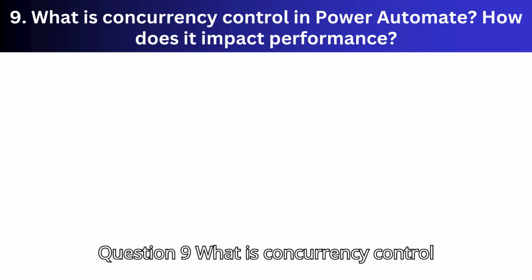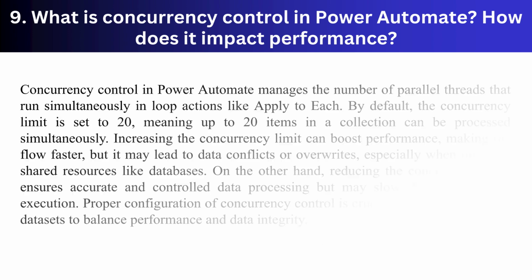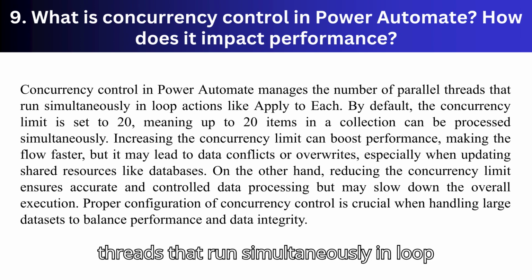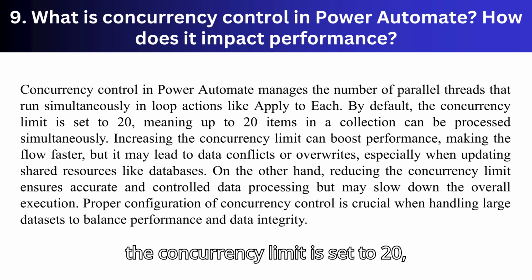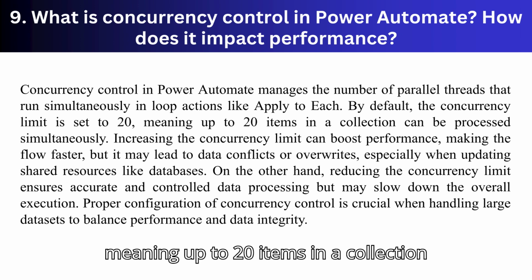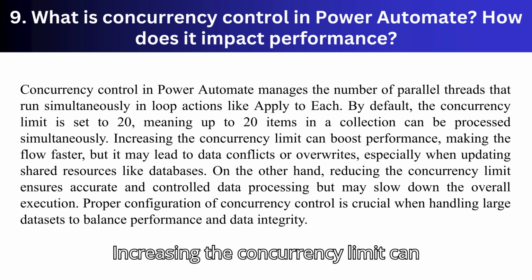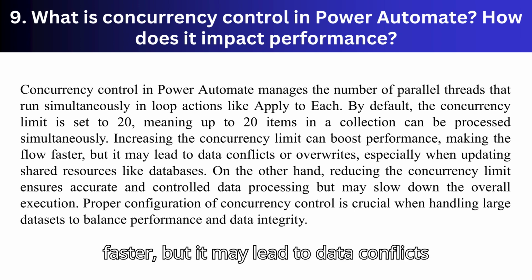processes. Question 9. What is concurrency control in Power Automate? How does it impact performance? Answer: Concurrency control in Power Automate manages the number of parallel threads that run simultaneously in loop actions like apply to each. By default, the concurrency limit is set to 20, meaning up to 20 items in a collection can be processed simultaneously. Increasing the concurrency limit can boost performance, making the flow faster, but it may lead to data